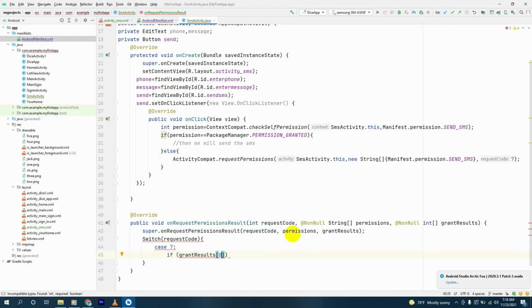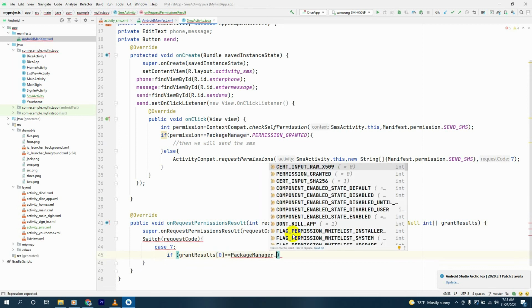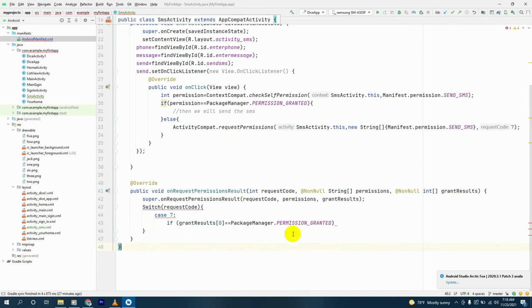0 equals package manager dot permission granted, and here we'll close the if. The switch will have a lowercase letter s, and after that we'll have an else,